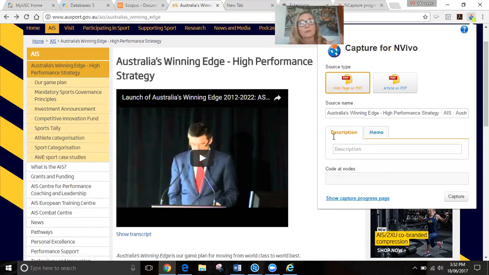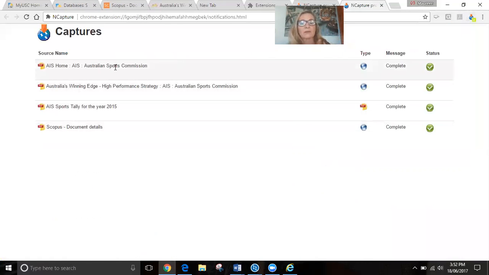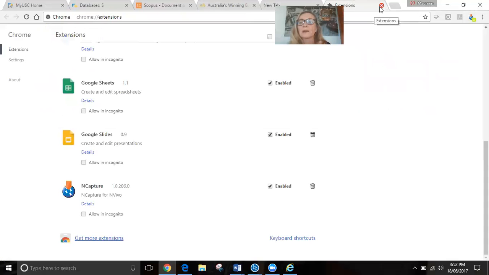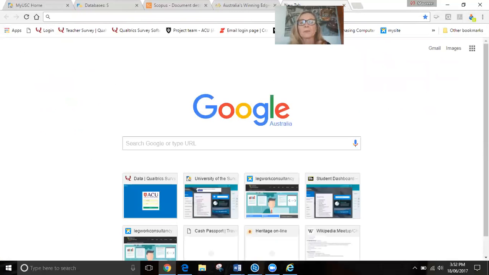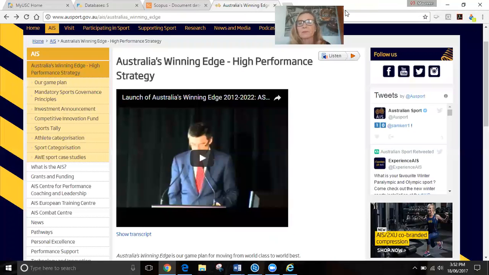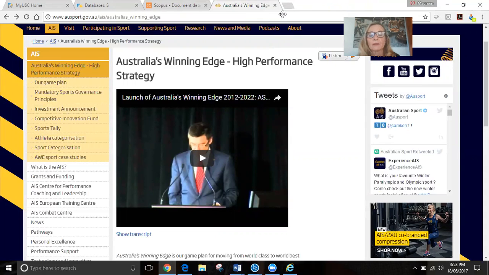I can go over to the various websites, or I find it very handy to go to the databases and start a complete comprehensive look. And you can see that I've also captured this one as well, show capture progress page, which is really important. So you can see that I've captured these articles at the Australian Sports Commission, the Winning Edge, and I've already done that previously, so I don't need to recapture any of those. So all I need to do now is, once I'm finished and I've seen that I've captured the actual pages that I need to capture, I simply go back into my project,